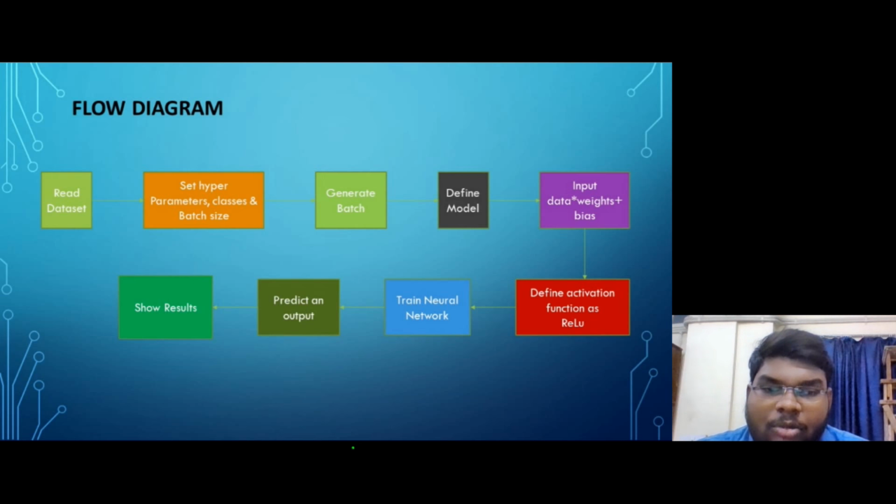In training, we have to set the number of epochs we're going to use. In our case, we have set it to 20 and found out the accuracy and other results. After that, we have to predict an output. In prediction, a user input is given where the 9 features are given to the neural network, and the neural network predicts which fertilizer or which class level is to be used, like fertilizer 1, 2, 3, and 4